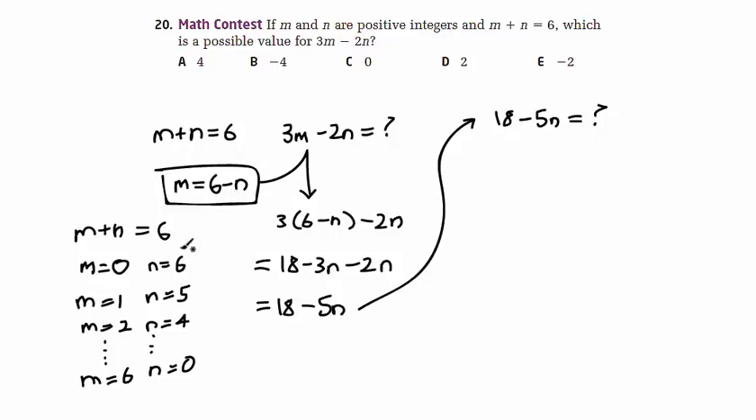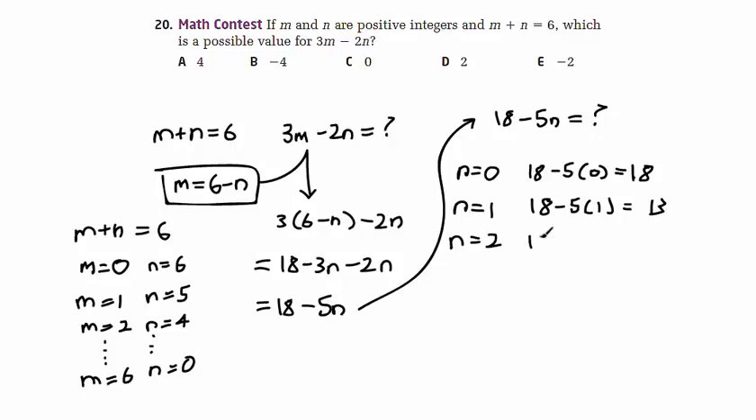So why not plug all those possible values into this equation? When n equals 0, 18 minus 5 bracket 0 equals 18. When n equals 1, 18 minus 5 bracket 1 equals 13. When n equals 2, 18 minus 5 bracket 2, 5 times 2 is 10, so 18 minus 10 is 8. When n equals 3, 18 minus 5 bracket 3, 5 times 3 is 15, and 18 minus 15 is